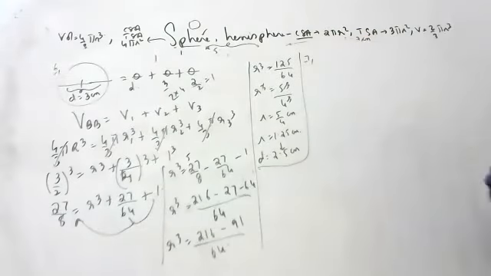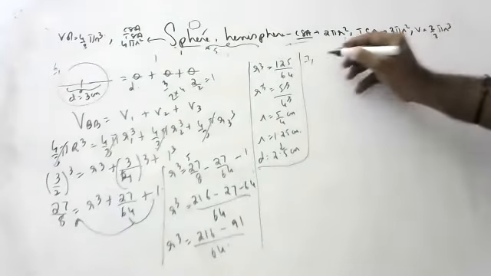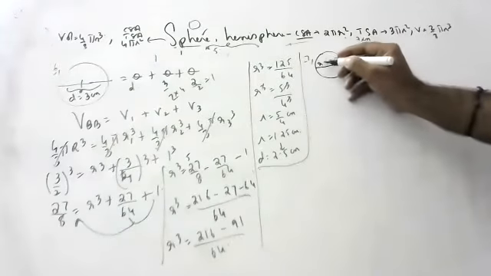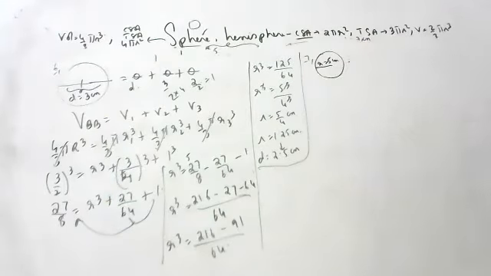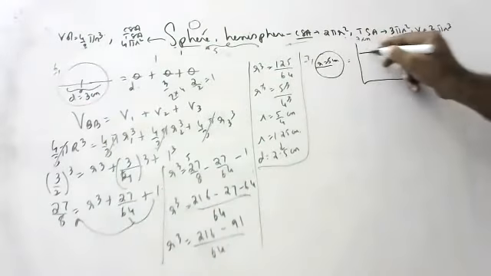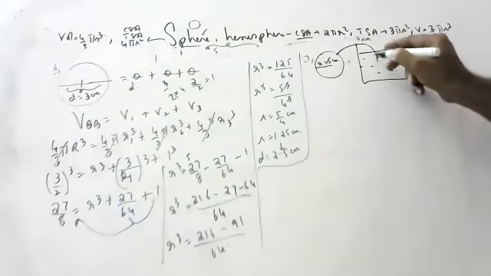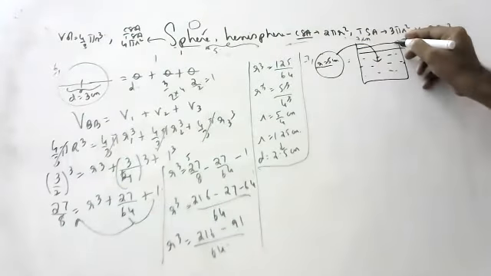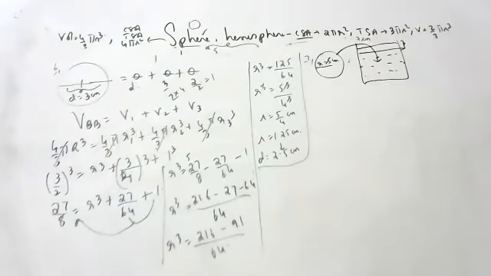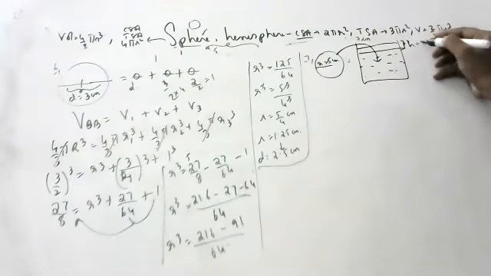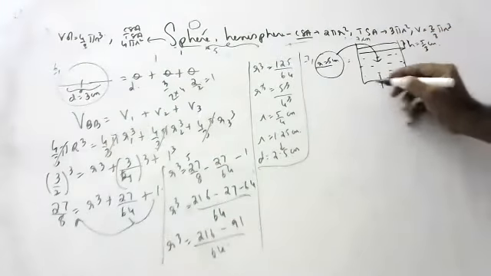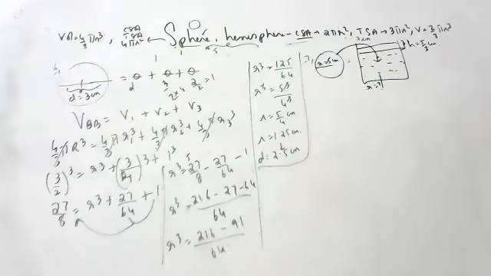Next, Meghna, 7th sum. A sphere of radius 5 centimeters. There is a sphere of radius 5 centimeters, and they immersed it in a cylinder full of water. When they immerse this, some water will rise, no? The level of water rises by 5 by 3 centimeters. The height it rises is 5 by 3 centimeters. What is the radius of the cylinder? This is the question.